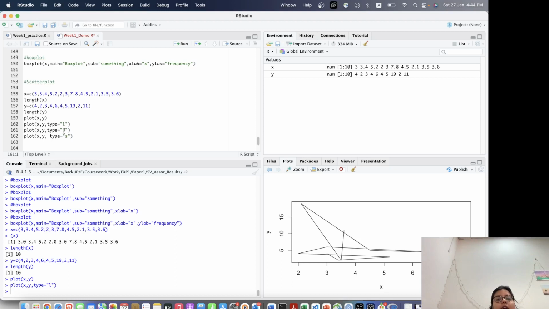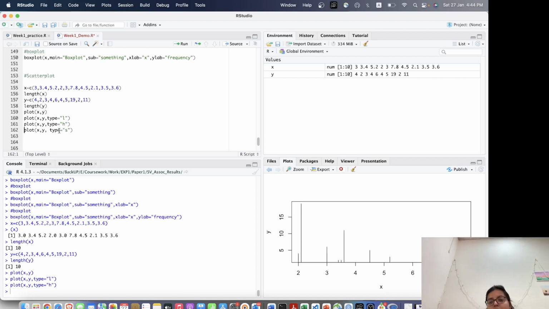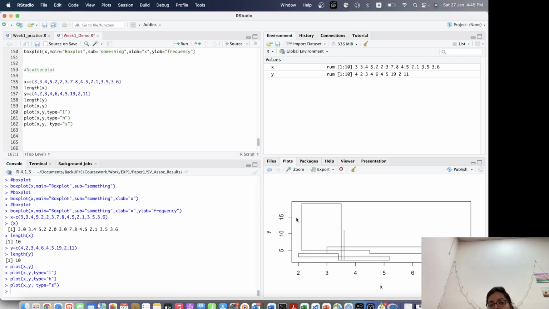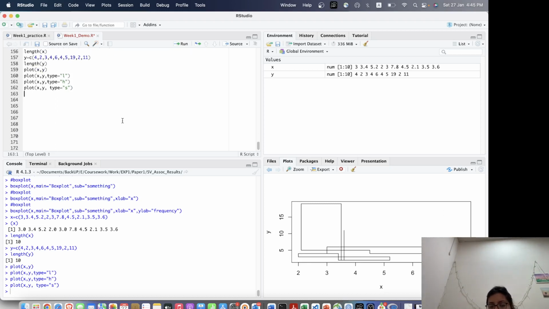Okay, if I specify type equal to H, then I am going to get a plot like this. Okay, like a column chart. And if I specify type equal to S, it will give me something which will look like steps. Alright,